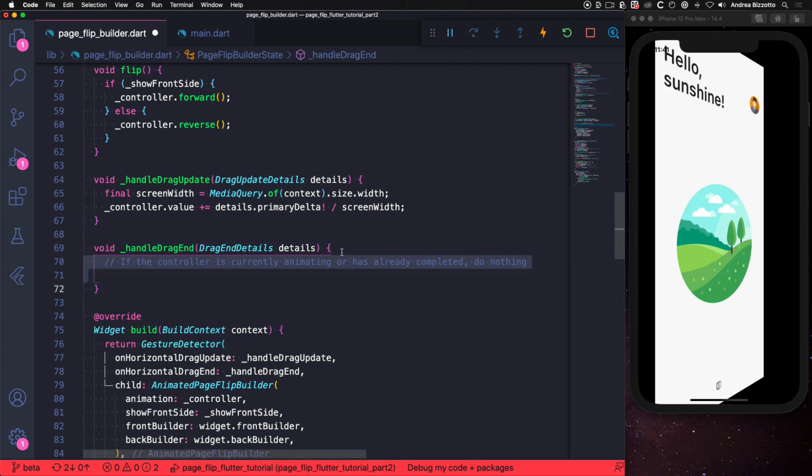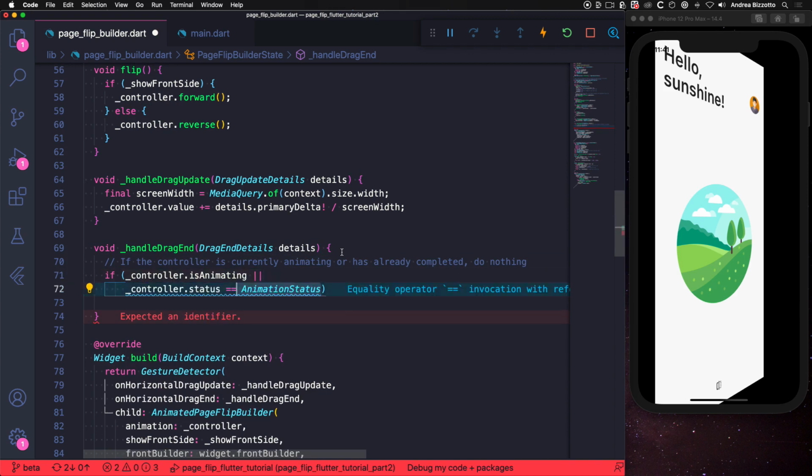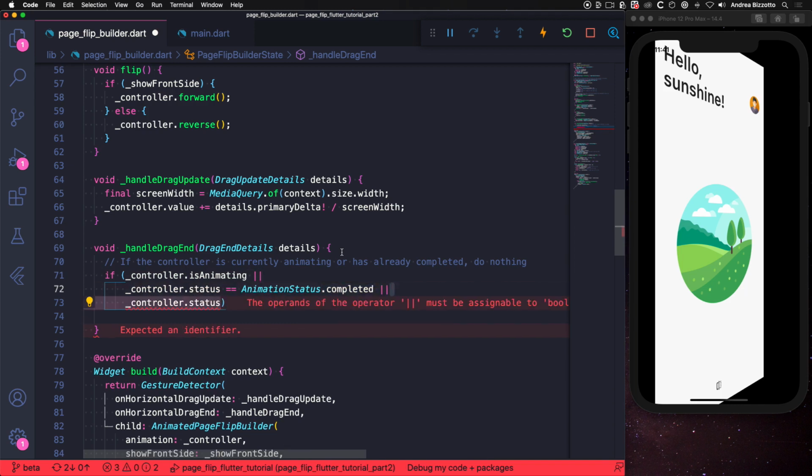So first of all, we can add a condition that says if controller.isAnimating or controller.status is AnimationStatus.completed or controller.status is AnimationStatus.dismissed, then we return early. So this makes sure that nothing happens if the controller status is completed or dismissed.